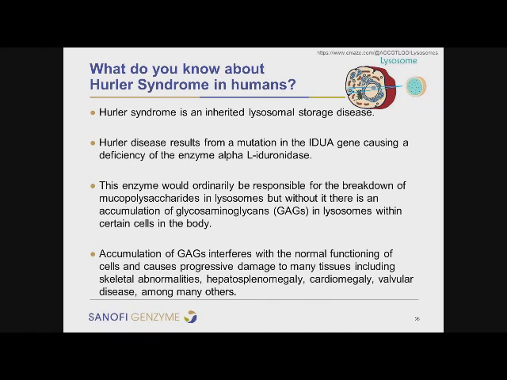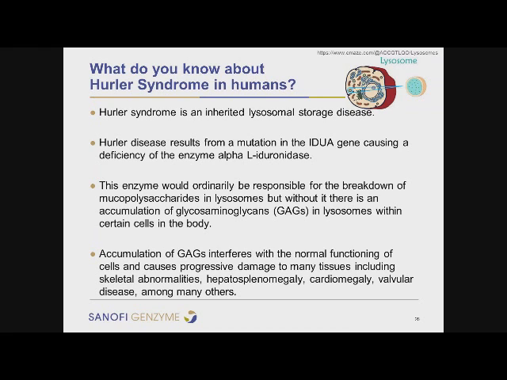It results from a mutation in the IDUA gene, which causes a deficiency in an enzyme called alpha-L-iduronidase. This enzyme would ordinarily break down mucopolysaccharides in lysosomes within certain cells. Without it, there's an accumulation of what's known as glycosaminoglycans, or GAGs, in the lysosomes within certain cells in the body. With the accumulation of GAGs, there is an interference with the normal functioning of cells, and it causes,